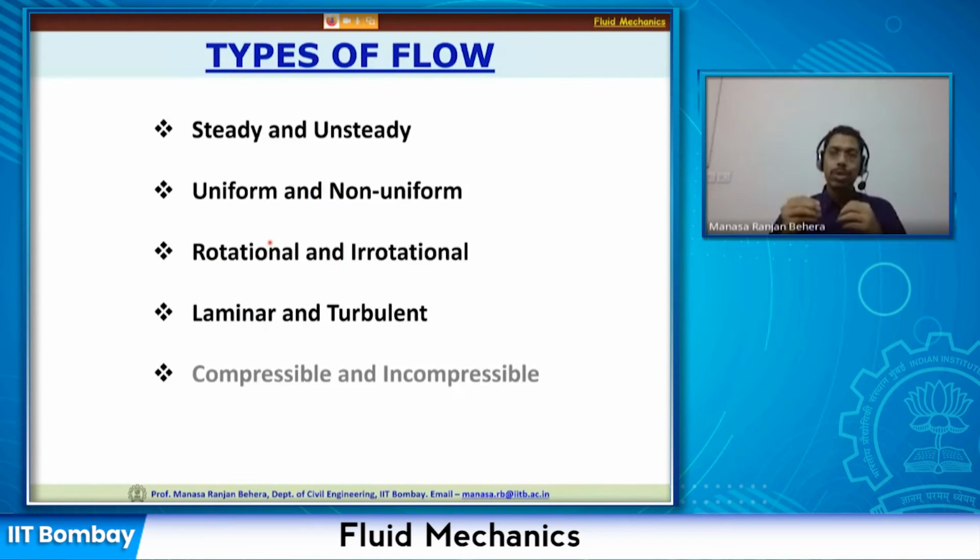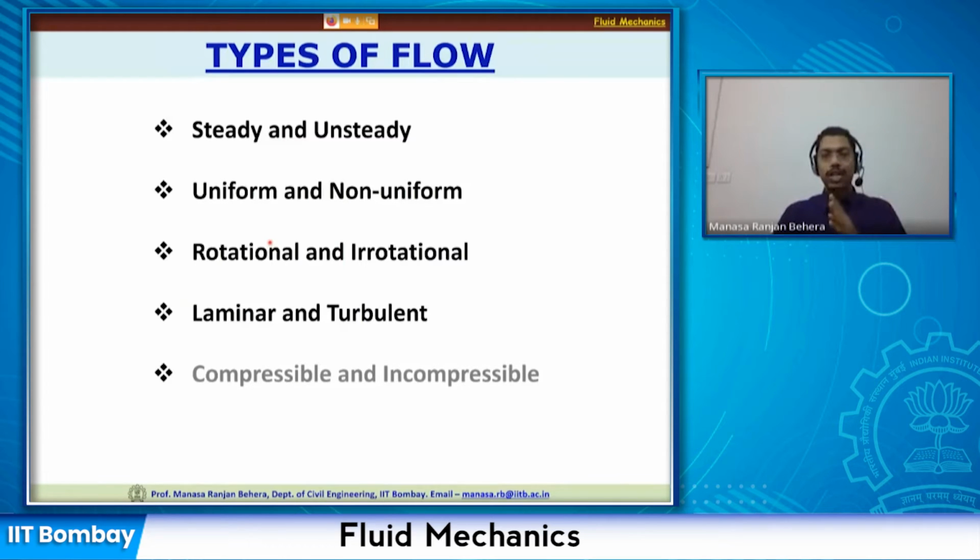And when it moves, what is happening? It is moving, or the particles of the fluid are moving from one place to another, and the total flow is changing in space as well as in time. So there are two variables, time as well as space. Now, based on these things and their other properties, we have classified flow in different ways.